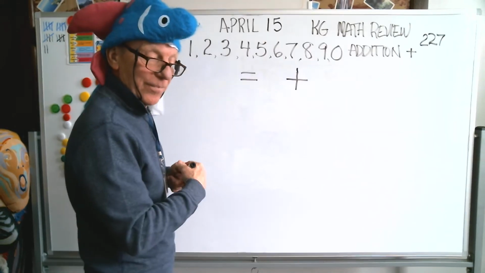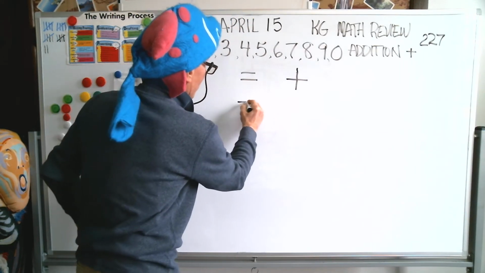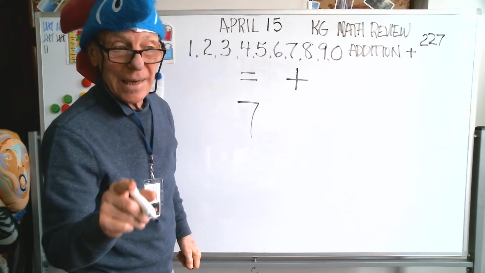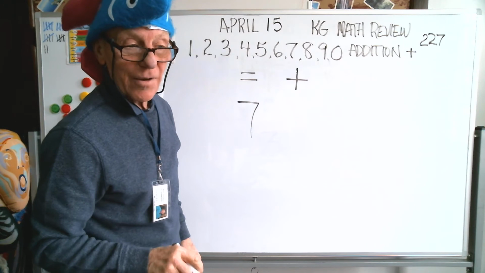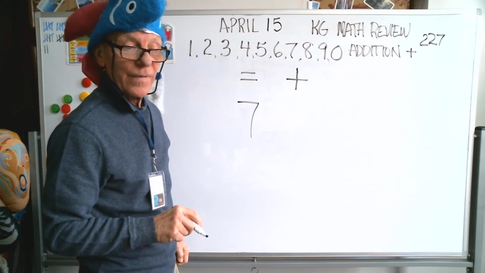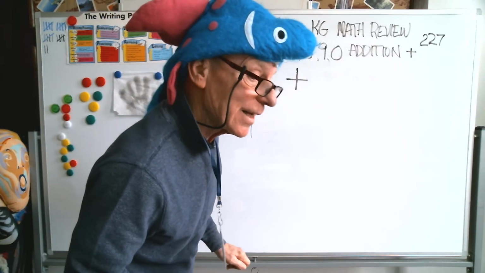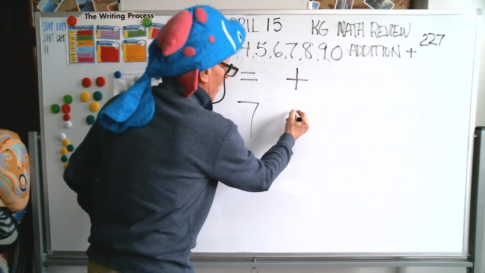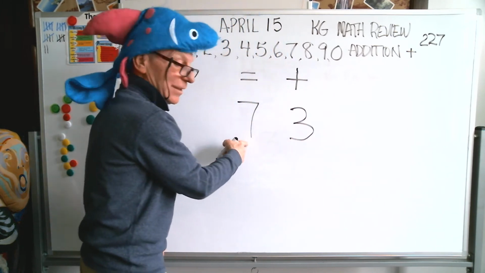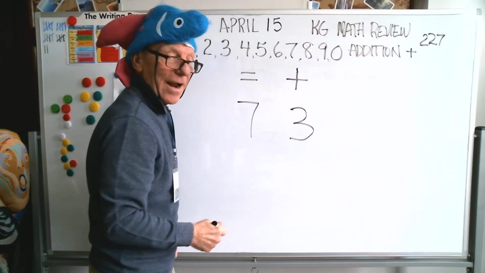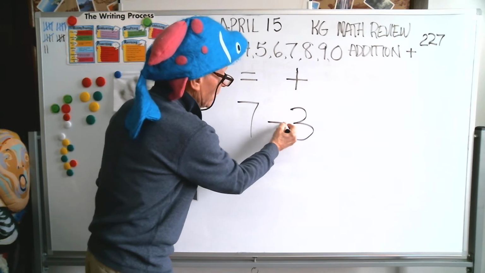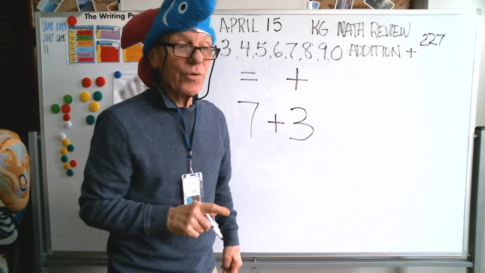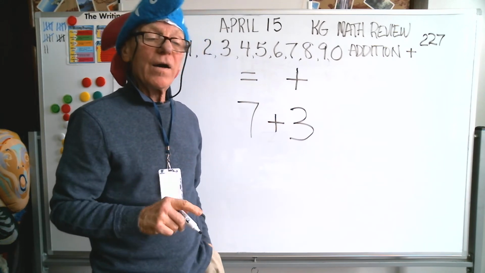That's right, 7. There are 7 birds on the ground. Now, how many are up in the air flying? Count them. Let me know. Oh, okay, 3. So, there's 7 on the ground, 3 in the air. If I put the plus sign in between those two, now I can tell you how many birds there are